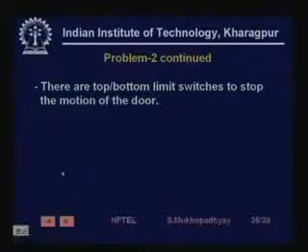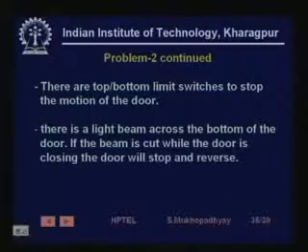then there are top and bottom limit switches to stop the motion of the door. Obviously, you have pressed a button, it is going up, it has to stop somewhere, so you have to have limit switches. There is a light beam across the bottom of the door. If the beam is cut while the door is closing, then the door will stop and reverse. So, while the door is closing, suppose you put something below it, you are trying to ensure that the door can actually close, because otherwise what will happen is that